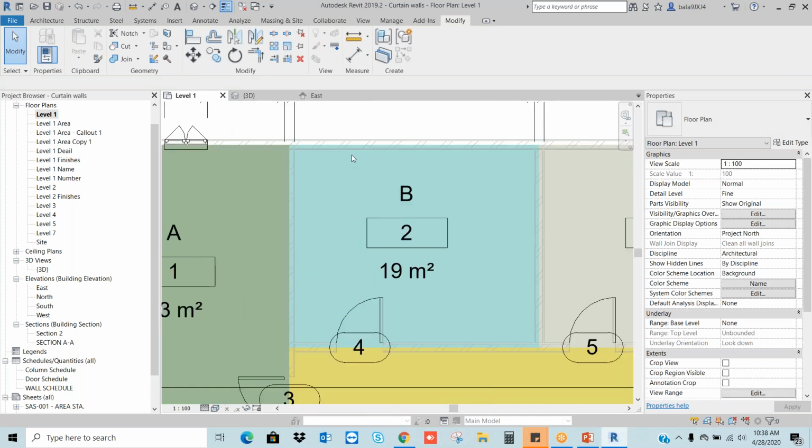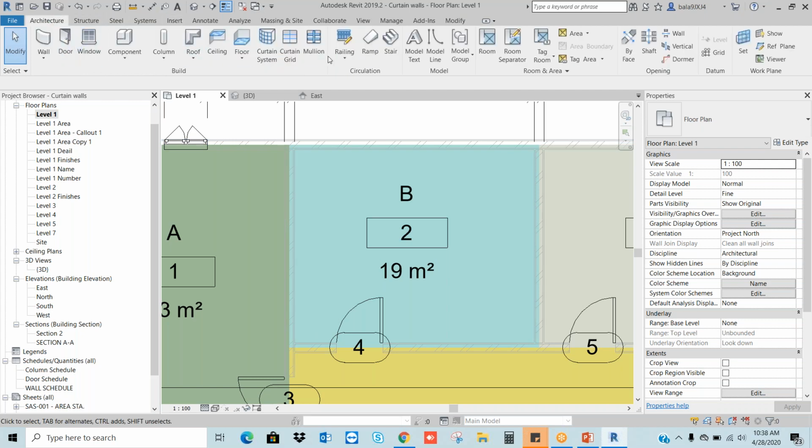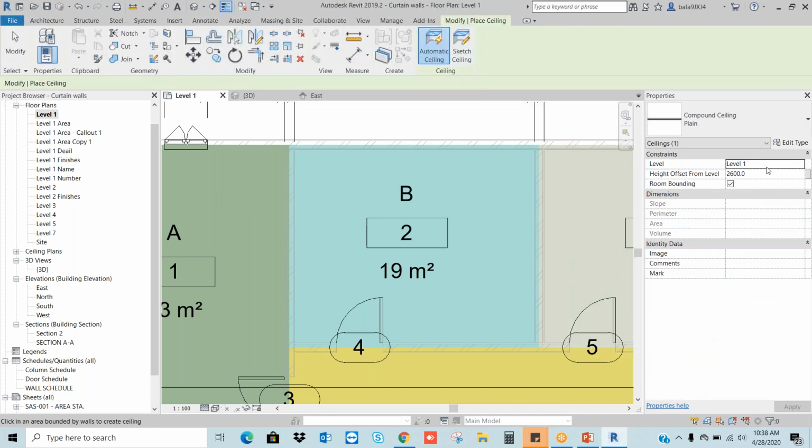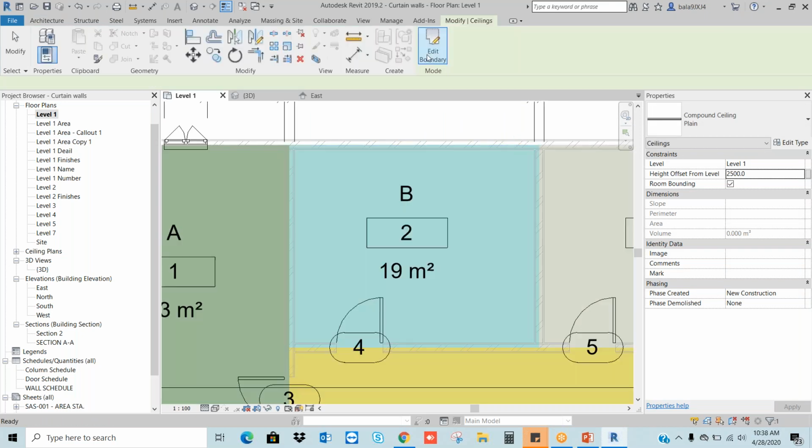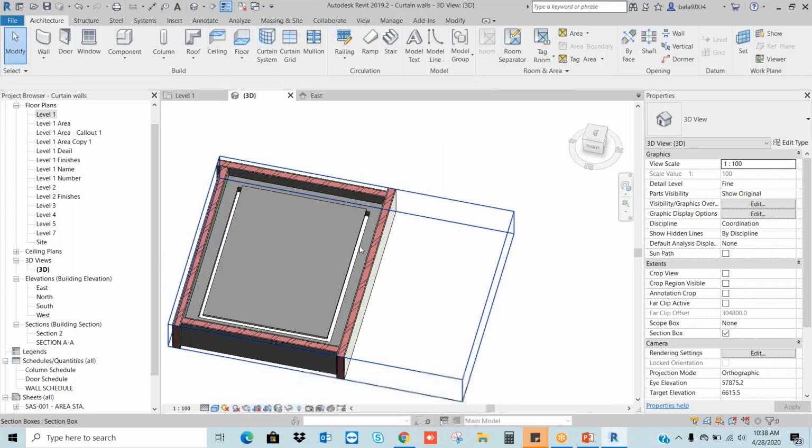Extrusion, Architecture. Okay, let's say I can use the ceiling now. 2500, component ceiling. Let's say I'm using the sketch ceiling. I'm going to draw one. Okay, now I'm going to the 3D view.